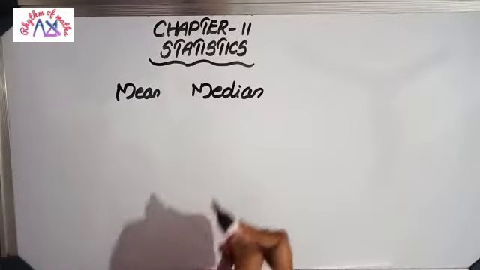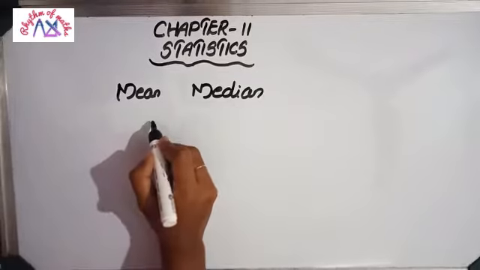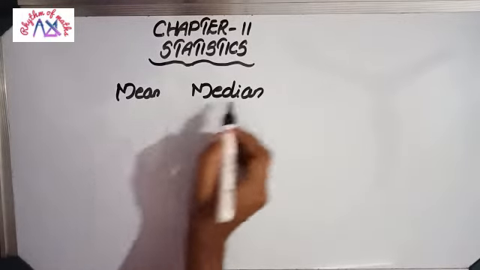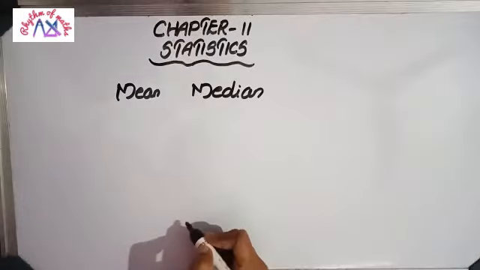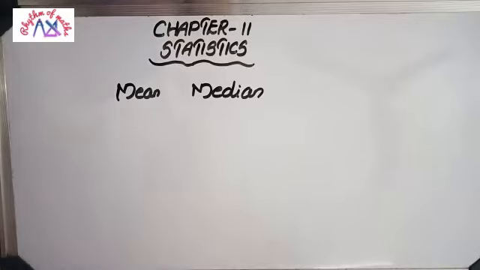Now according to the focus area, for ungrouped data only you need to learn, that is, mean and median of ungrouped data. That means in your textbook only first and second activities are enough to learn from this chapter, but I am going to take the complete chapter. After that you can choose.